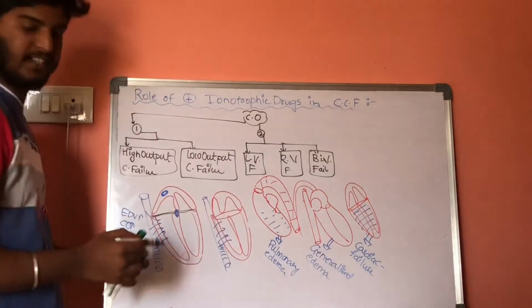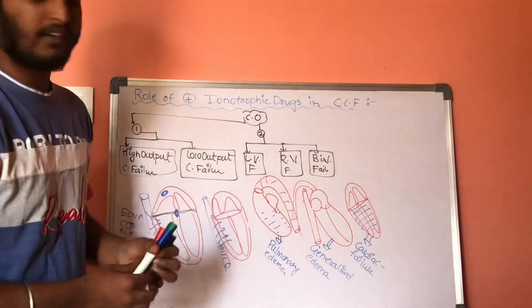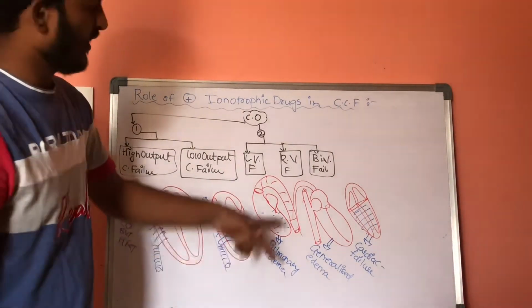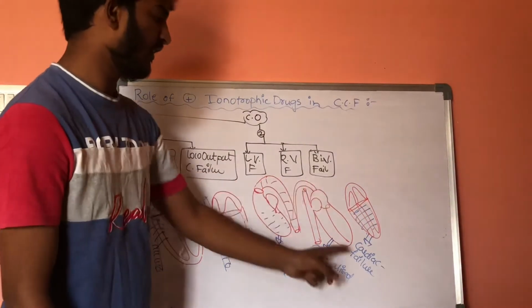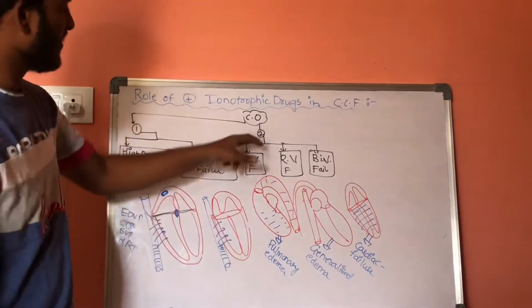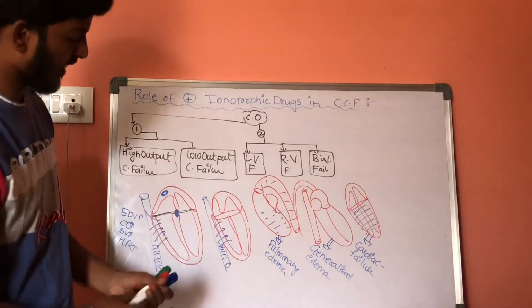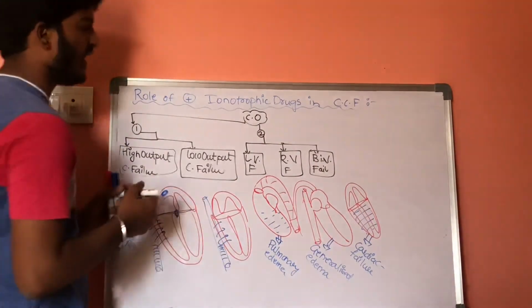These are the three conditions. If there is left ventricular failure, it results in pulmonary edema. If there is right ventricular failure, it results in generalized edema. If there is biventricular failure, it results in cardiac failure. This is the second class of classification. And coming to the third class,